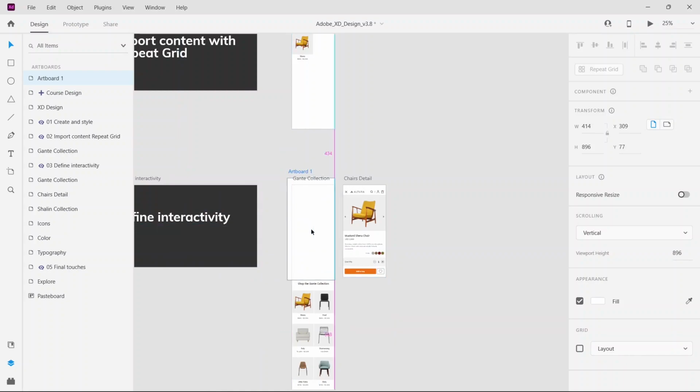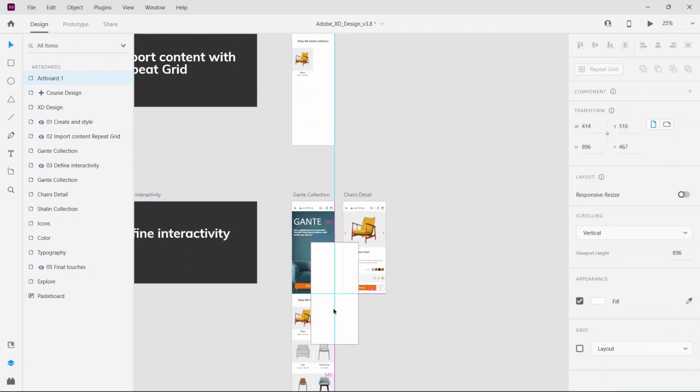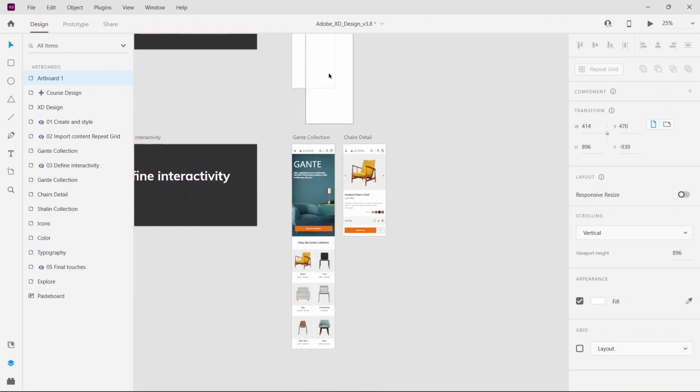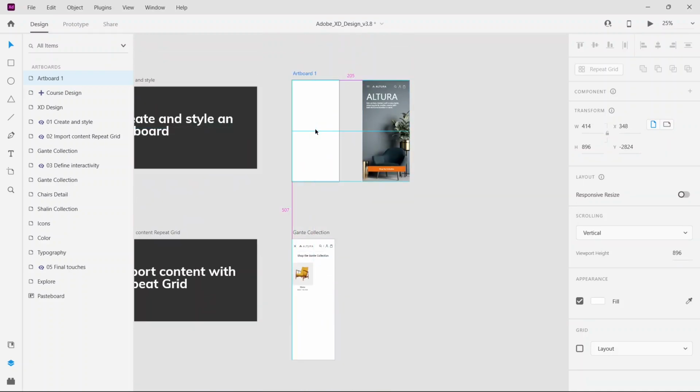The same thing works for the Y position. In fact, if I move it from lower to higher, I can see the position changing in a negative way, because when I go over the 0 point, it will change in a negative way if I go from down to up, and the same will happen in a positive way if I go from up to down. So we can reposition our artboard,